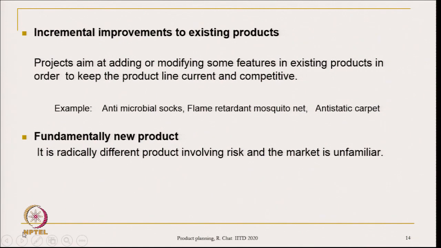Like if I have a socks making unit, I can improve the design by having antimicrobial socks. So, you can see there is a demand for antimicrobial socks, and therefore, we can think that we can start purchasing antimicrobial yarn and make socks out of it, or we can give the socks an antimicrobial treatment before they are packed. So, then it could be a slight improvement in the existing design. So, this will be known as incremental improvement